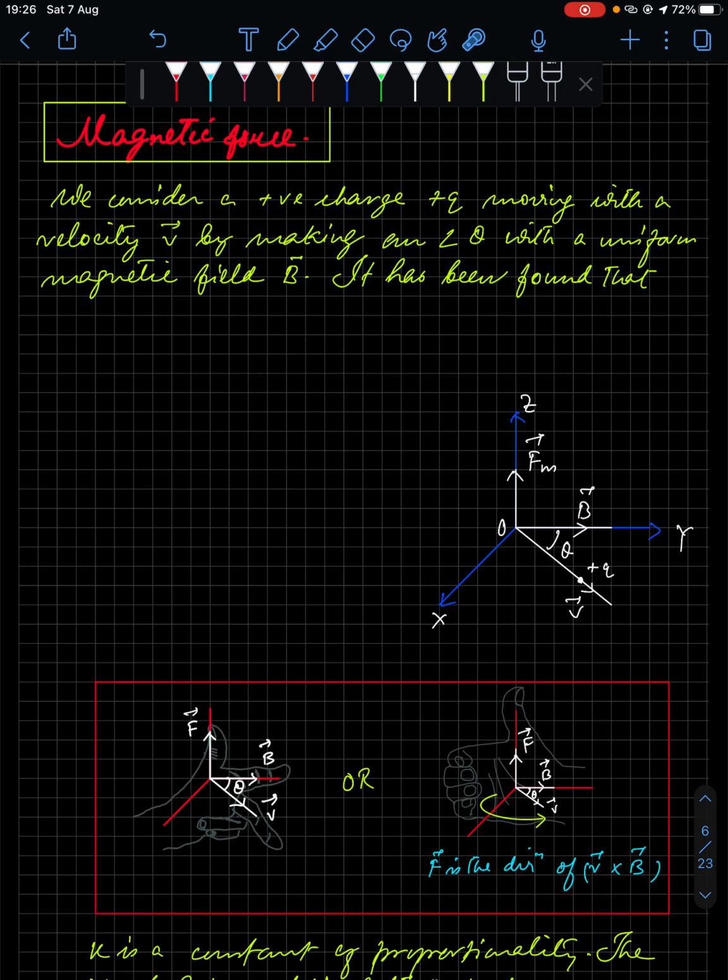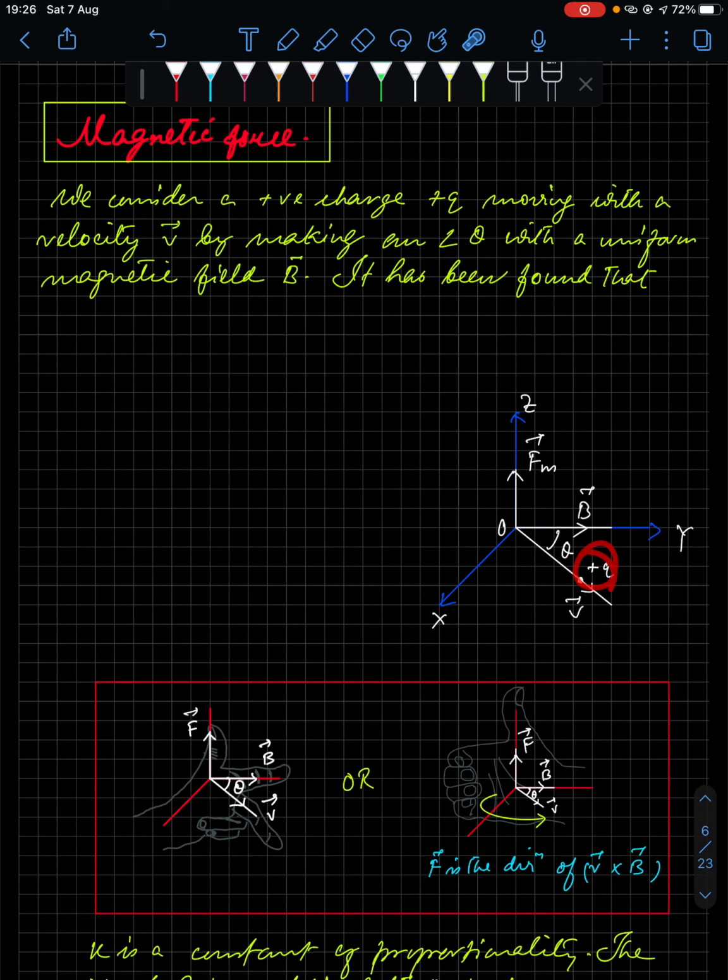Now that we have talked about magnetic force, we have a situation here. You have this magnetic field, with x, y and z axes. This is the x axis, this is the y axis and this is the z axis. Now the magnetic field is along the y axis, right? And a charged particle is moving in this direction, somewhere in the xy plane, somewhere in between the y and x axes, not along y, not along x.